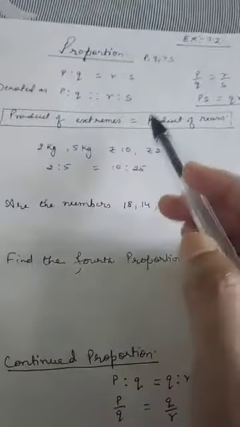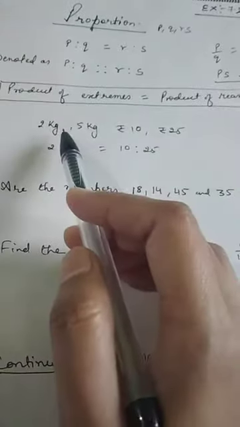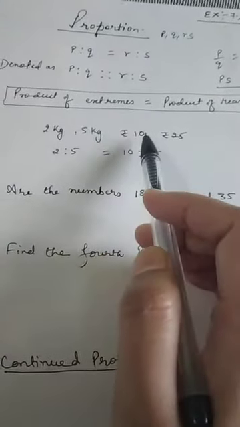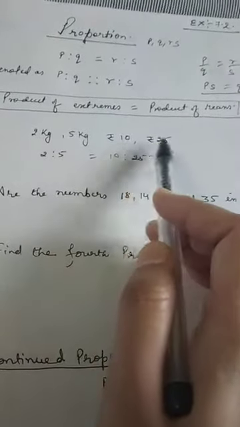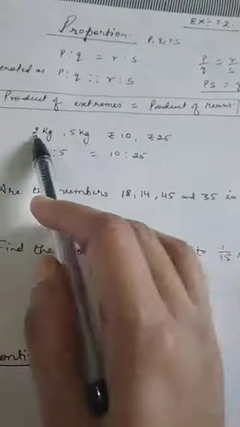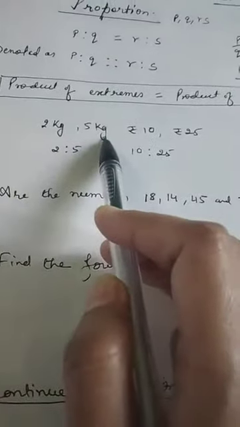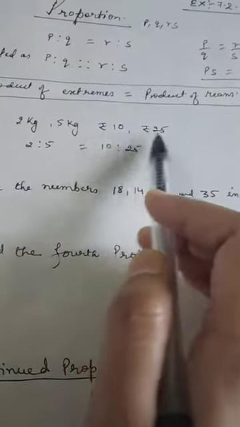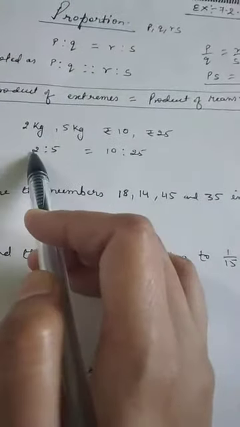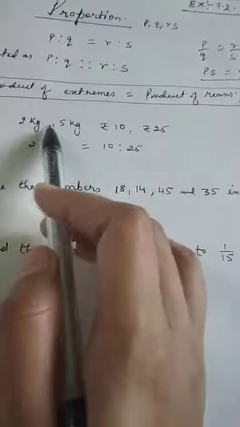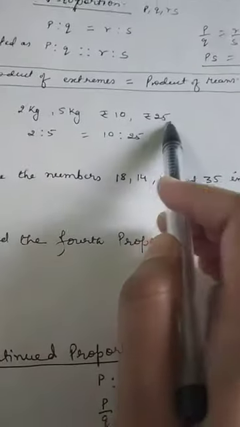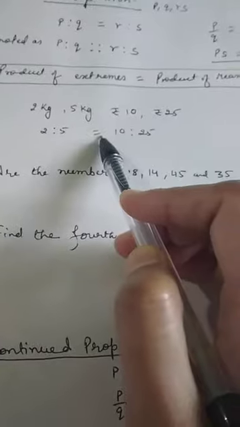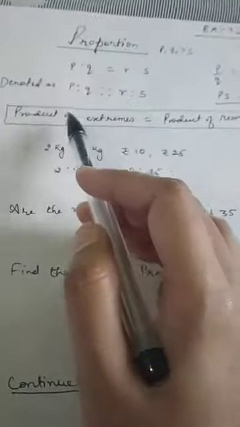One more important thing: it is not necessary that all four quantities forming a proportion are of the same kind. It is not necessary that all the units be the same, but the first two should have the same unit, and the last two should have the same unit. For example, not all need to be kg, kg, kg, kg. That is not necessary in proportion. So I hope it is clear what proportion is.